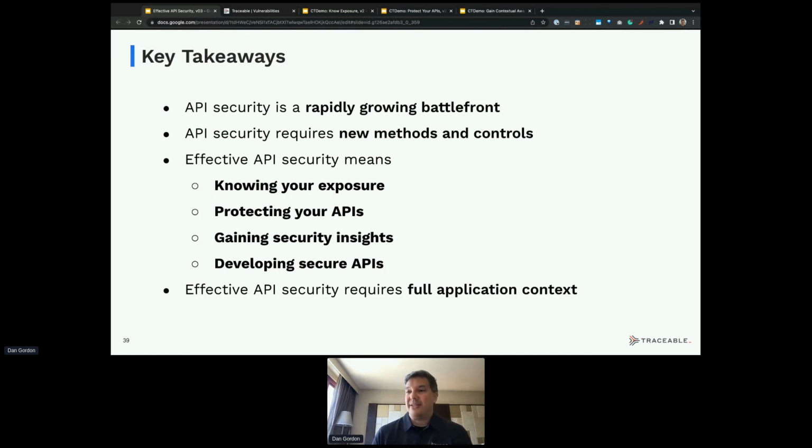Gaining insights, security insights, the context around those APIs and when they get used and how they get used, and all of the information around the paths to the attacks and everything is important, because that helps us find problems that we don't know about. We have, for example, a customer where they identified a problem. First, it was about exposure. That's always a good first step. Knowing your exposure.